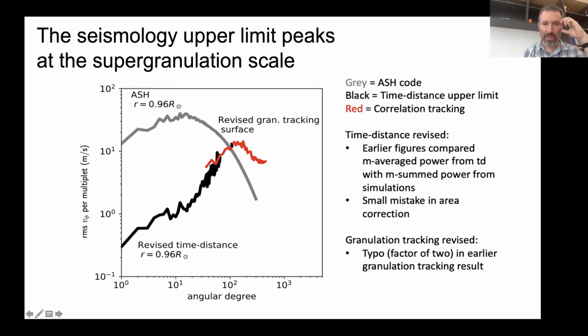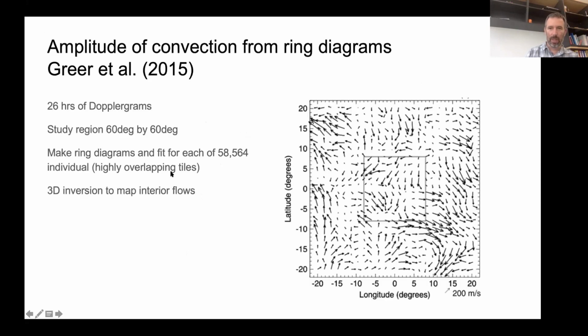And it's interesting to also plot the curve that you get by doing granulation tracking, like I talked about earlier. And this is what people are talking about as the convective conundrum. The velocities in the simulation are an order of magnitude higher than the velocities in the observations. Then, to make things a little more complicated,